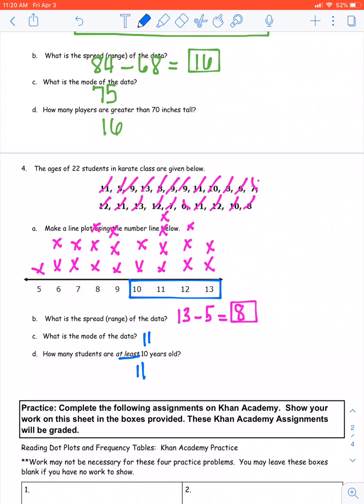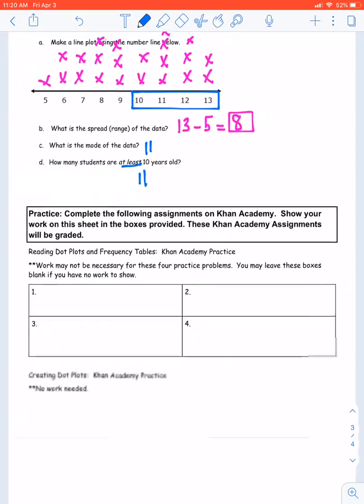All right, so that gave us some good practice on reading dot plots and creating dot plots. Now I want you to practice this. So down below here, we have the Khan Academy